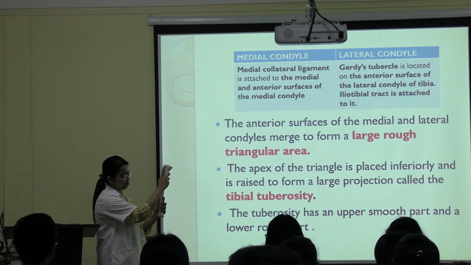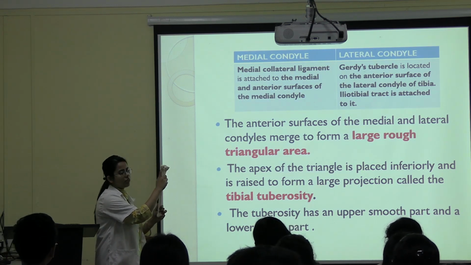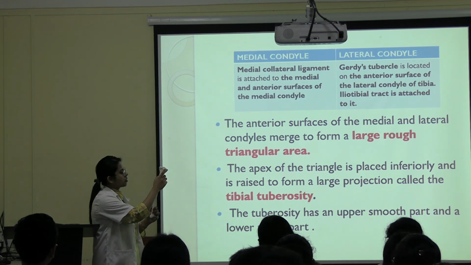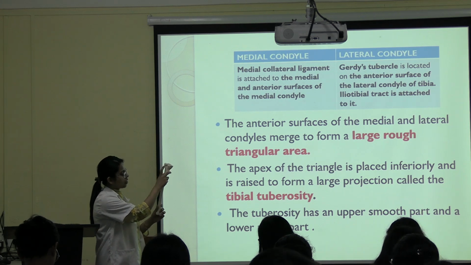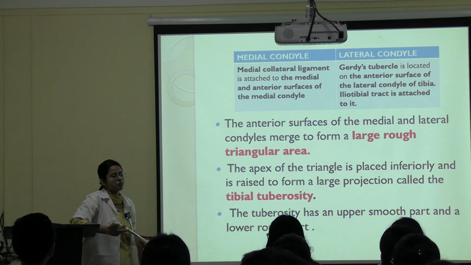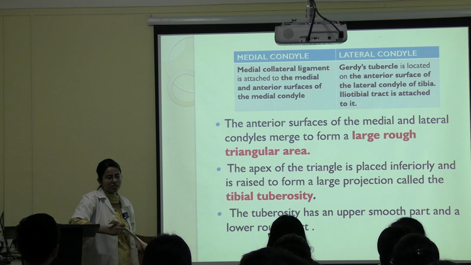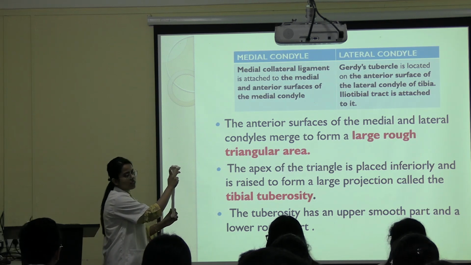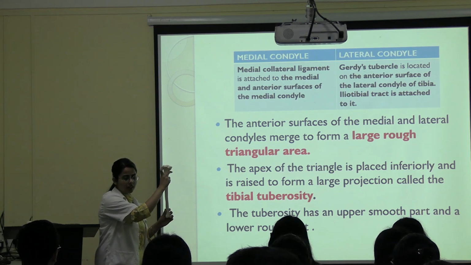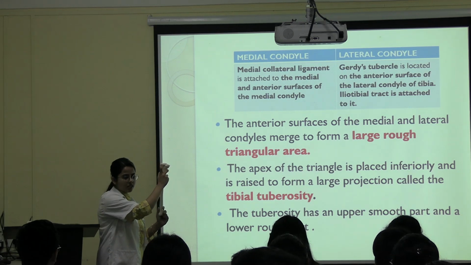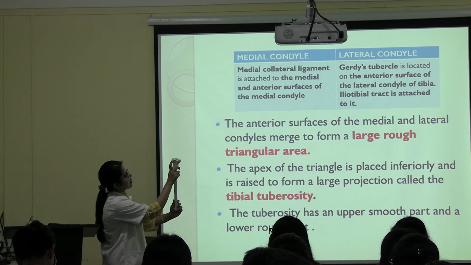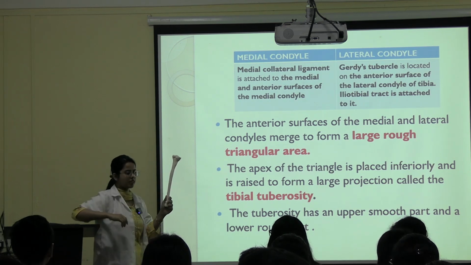Now what is left? Posteriorly, as I said, posterior surface of medial condyle will have a groove for which muscle? Semimembranosus. Posterior surface of lateral condyle will have an oval articular facet, which is the fibular facet. Okay, and above fibular facet there will be another groove for popliteus tendon. Okay, you have heard about popliteus muscle? Popliteus tendon. Above this fibular facet, you can see there is a groove for popliteus tendon.